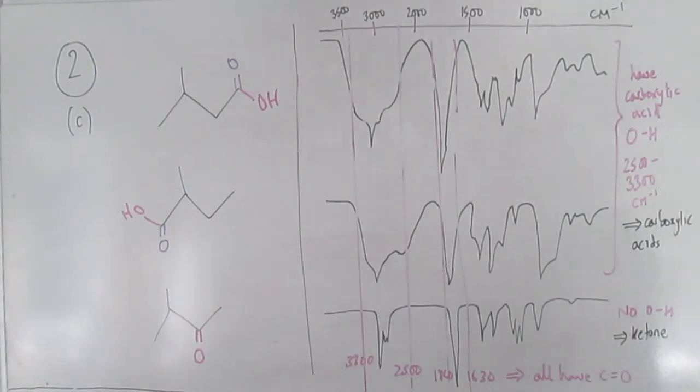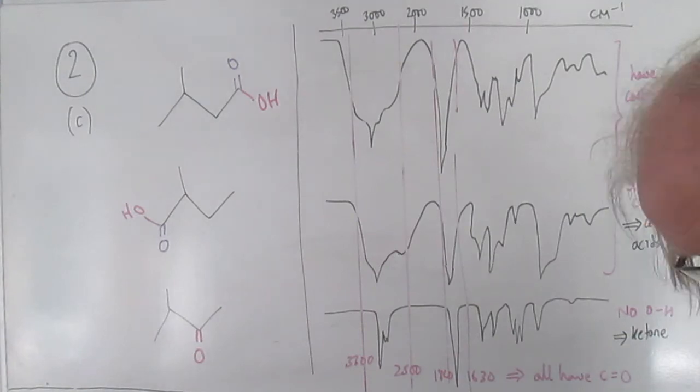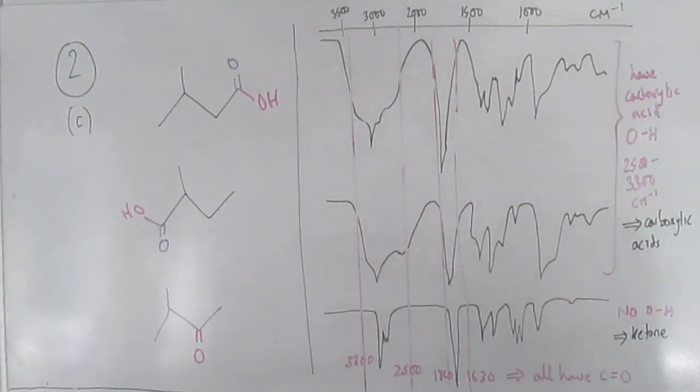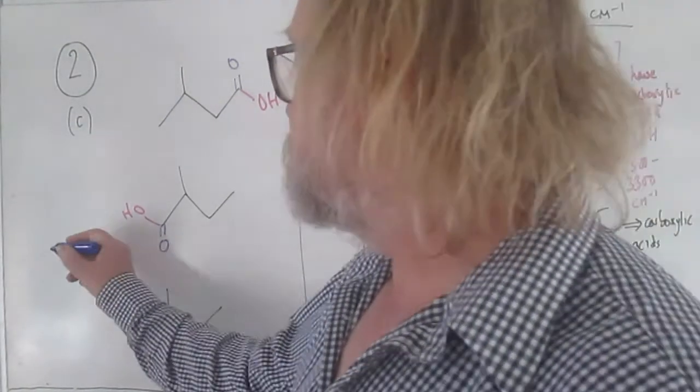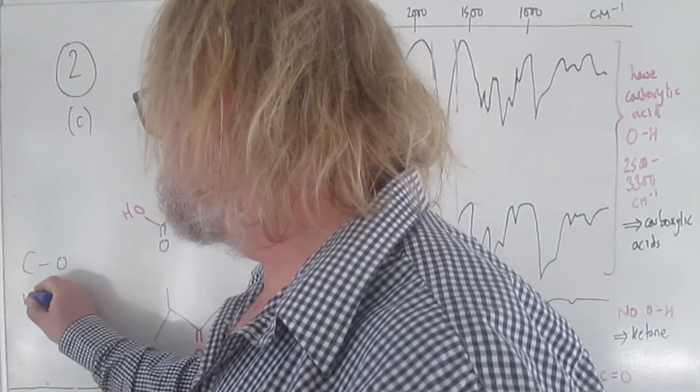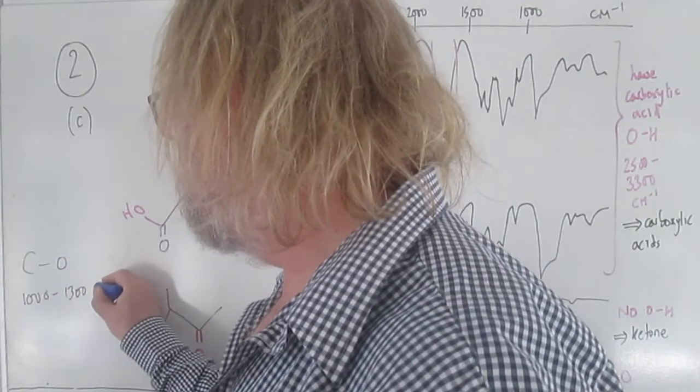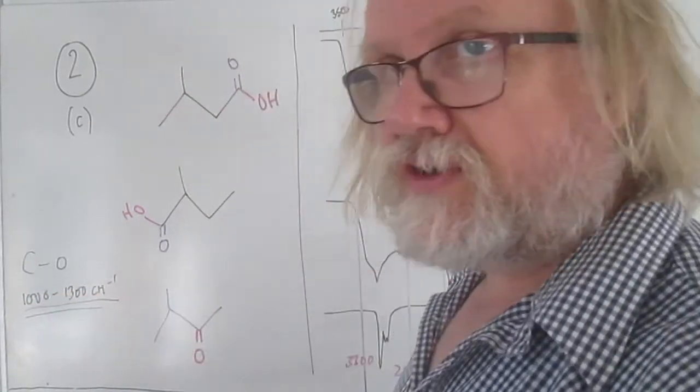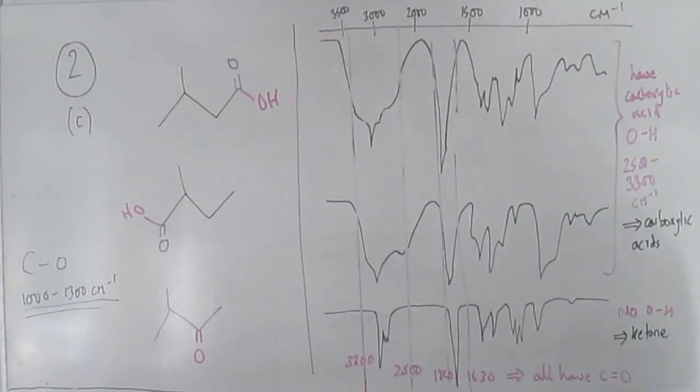One thing I just wanted to mention while we're talking about these things is a number of people talked about the C single bond O peak. So if you look in your data sheet, it tells you that there is a C single bond O peak at 1,000 to 1,300 wave numbers. But if you look back at the introductory videos on infrared, it tells you at length about why that peak is useless. And it's useless because you almost always get peaks in that range because it's in the fingerprint region, and you almost always get peaks whether there's a C single bond O or not,